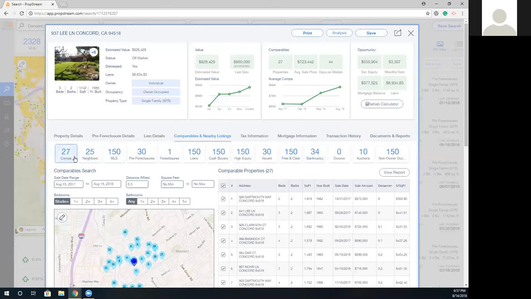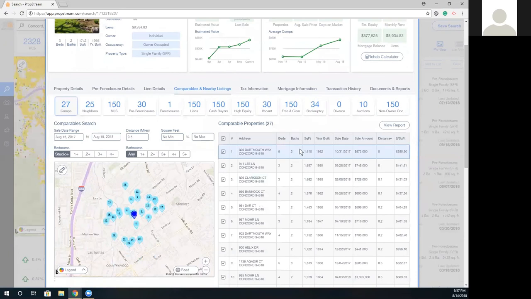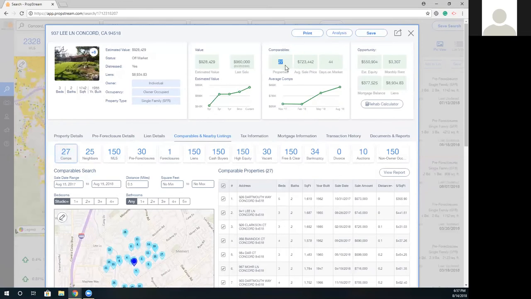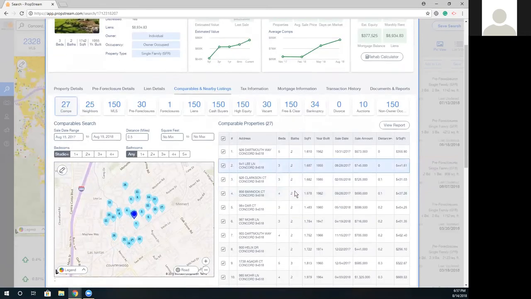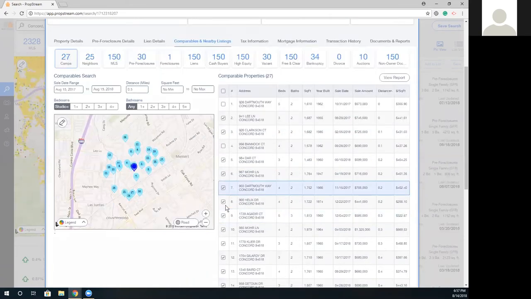So starting with the first box, these 27 are the 27 that are up here. So here I'm able to see where they are at on the map, their property characteristics, sell amount, the sell date. I can organize by column and so forth. Now, what we're also able to do is, as you can see, the comps is just an average. You can see that some comps are not true comps. So this 5.2, 4.2, we do have a few other ones that we can deselect.